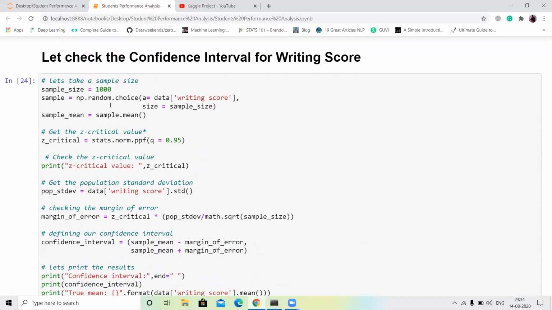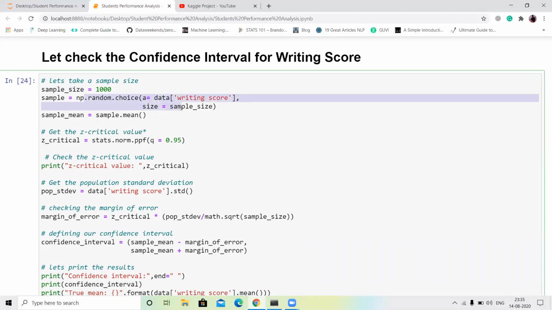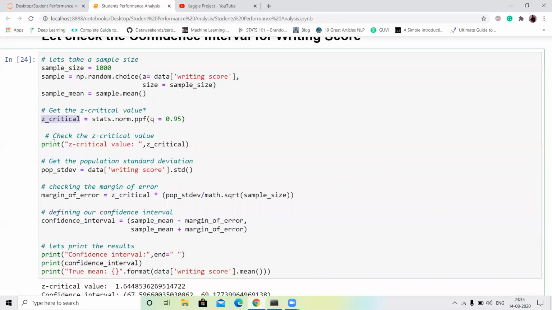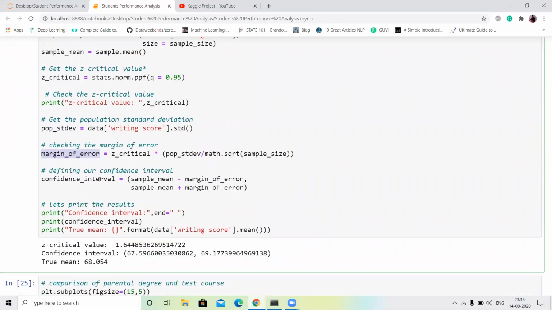First of all, I define the sample size and use np.random.choice. I collect a sample of a thousand data points. First I check the mean value, and then print the z critical, the standard deviation, the margin of error, and then the confidence interval.